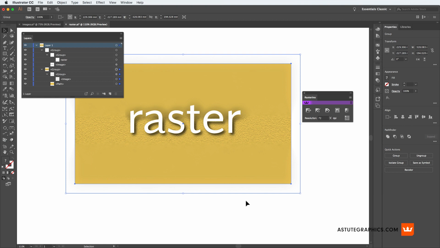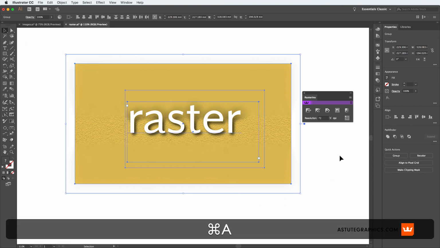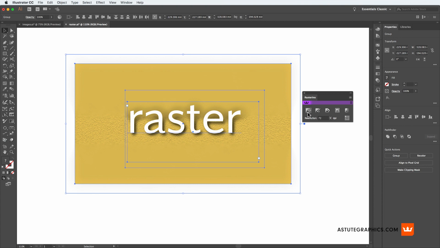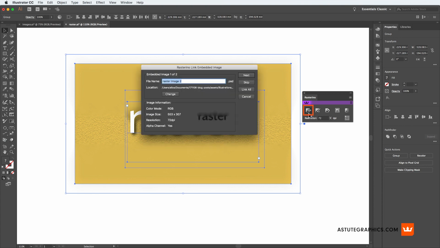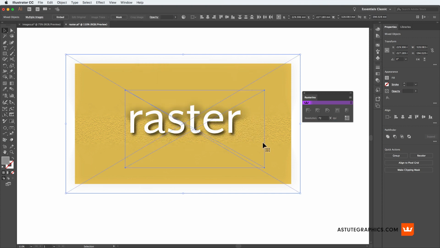And so, lastly, to how to relink an embedded image, or otherwise kind of unembed it. To do that, if we select everything, we have our Rasterino panel open, press Link Image, and then here it will tell us the information about every embedded image in our selection. So we have information about that file, the name, the location. If we do want to relink it, we just press Next. If we don't, we'd press Skip. You've got a little preview here as well, which helps. And if you're happy to relink all of them, just press Relink All.